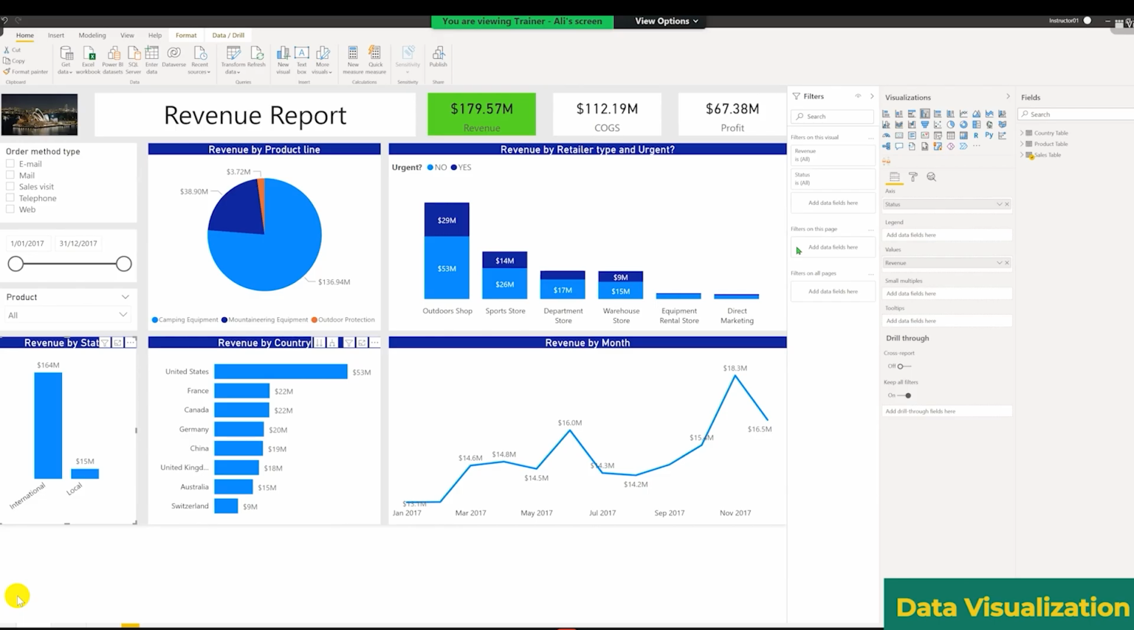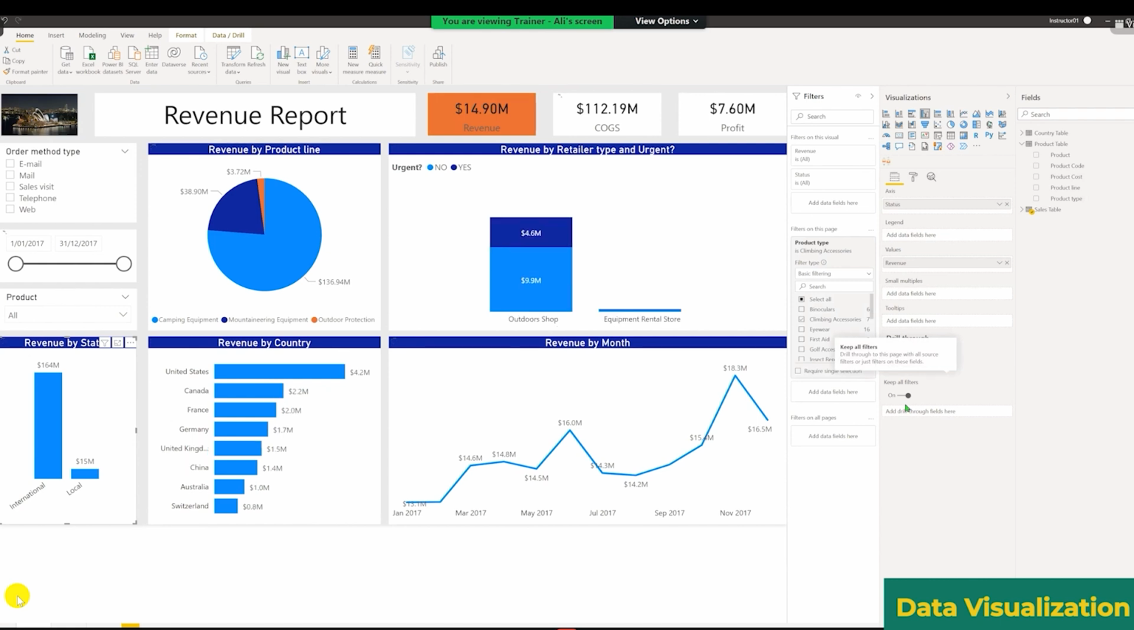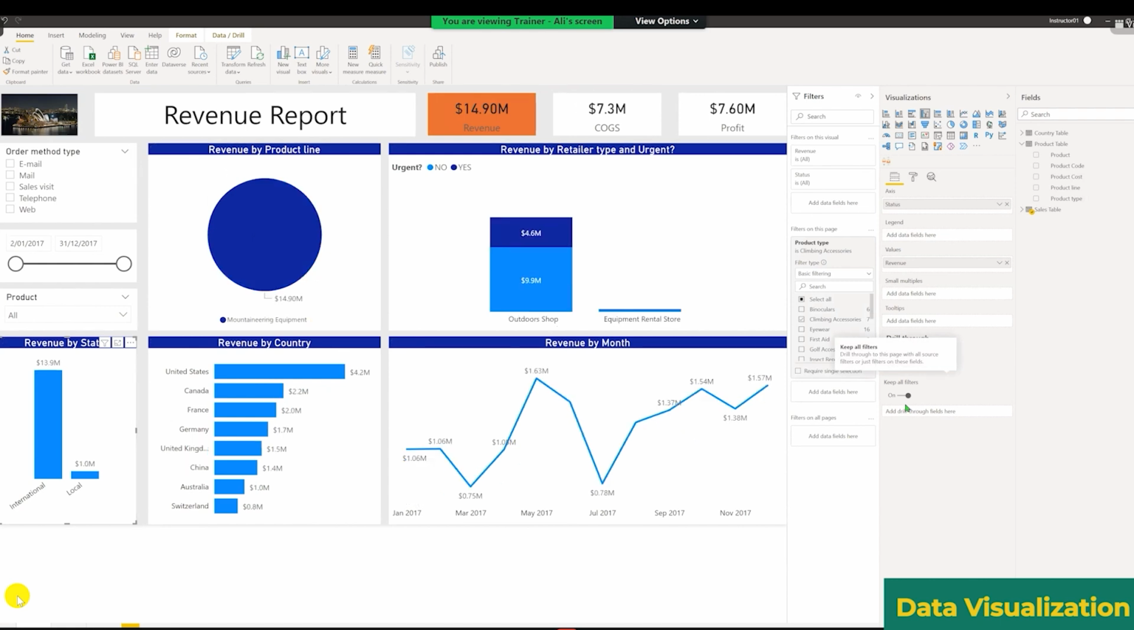So anything that you put here will essentially work as a slicer. What I mean is, if I go here and I put, let's say, a product type filter on the page, it will work exactly as a slicer. So if I click on climbing accessories, it will act as a slicer. But I've seen time and time again that end users really struggle with these kinds of slicers. If you are sharing it with wider audiences, you just want to make things simple. You just don't want